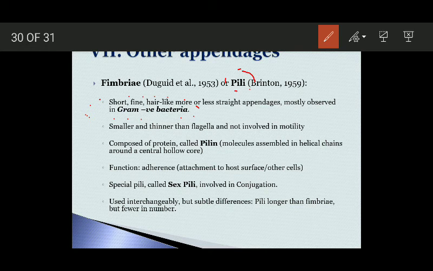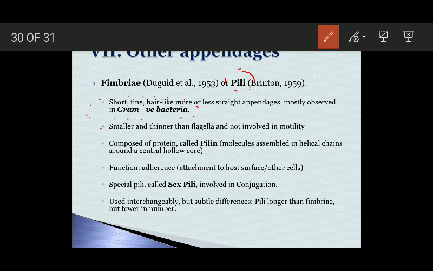Mostly these are found in gram-negative bacteria. They are smaller and thinner than flagella and not involved in motility. These fimbriae or pili are smaller and thinner than flagella, and their function is not motility. They have some other functions. They are composed of a protein called pilin, and the pilin molecules get assembled in helical chains around